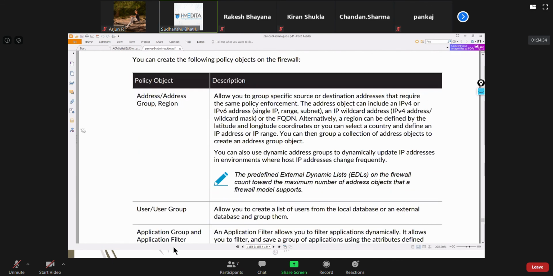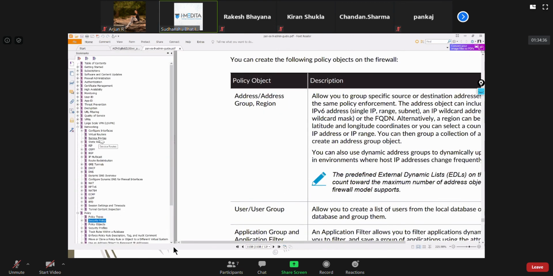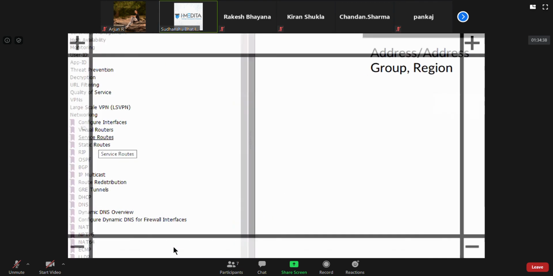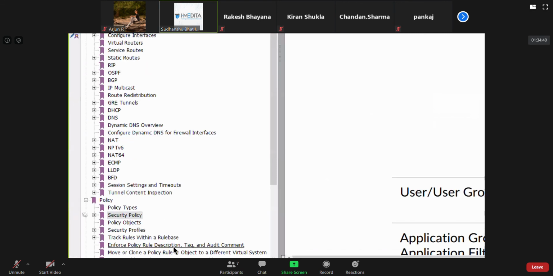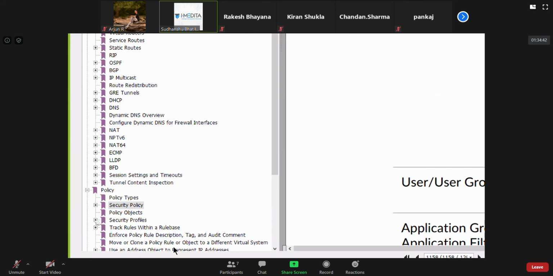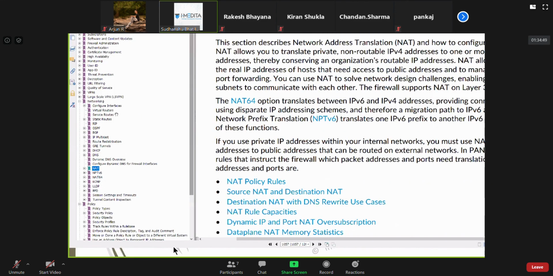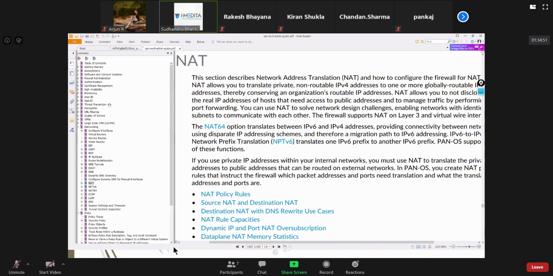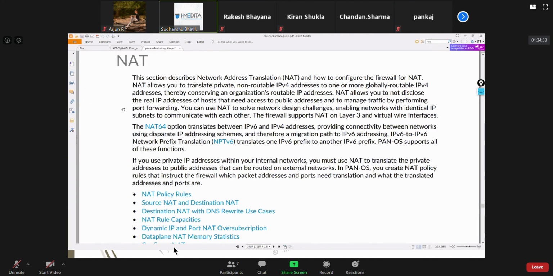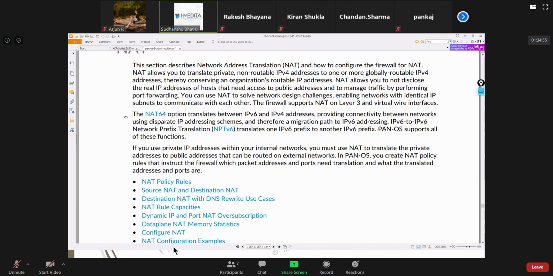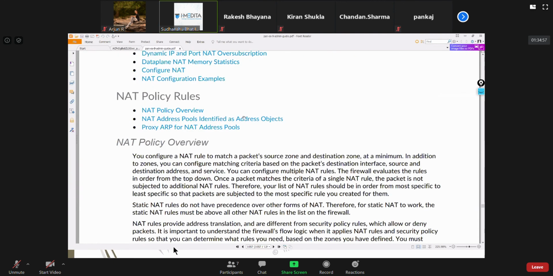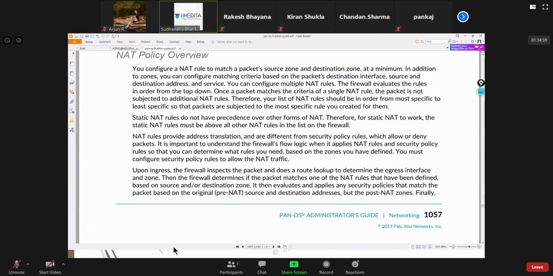And also in free time, go to this networking section, and just like you went for security policy, read this NAT section. This is a theory you can read for this. Like NAT policy, what does it do? They start from very basic static NAT rules.